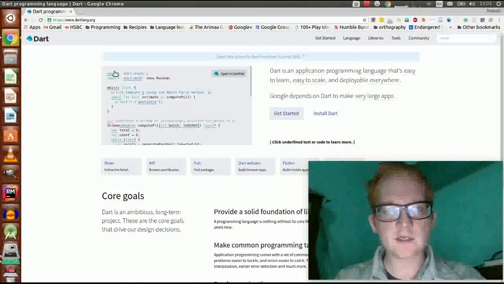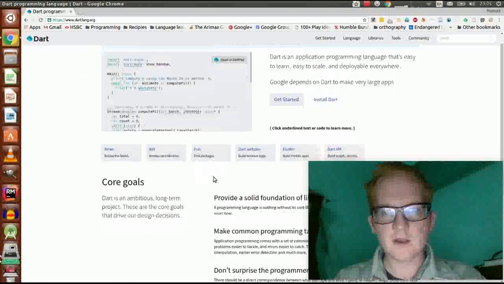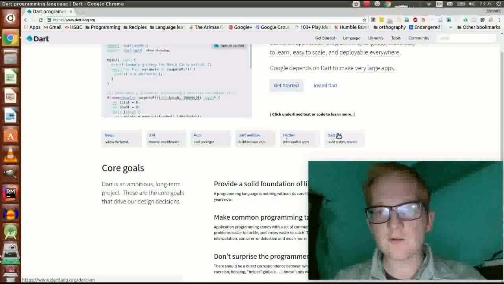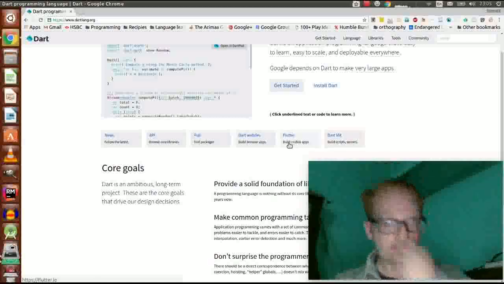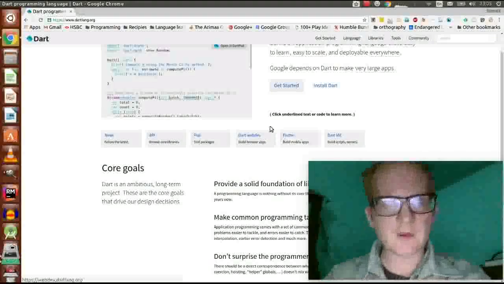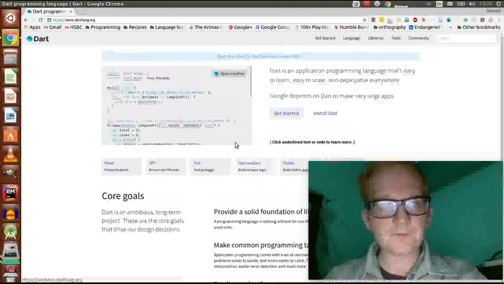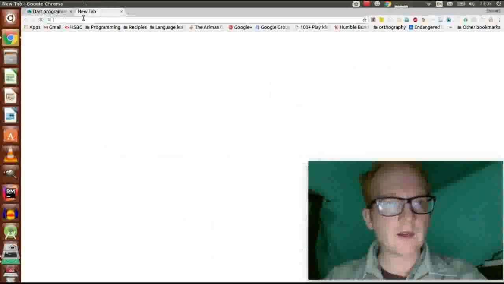This is the Dart website. Now it's interesting. Dart, you can use it for web apps, and that's what it seems to be designed for. But you can also use it for command line apps, which is what we're doing, and we can use it for building mobile apps for Android and iOS. So that's great. And now I'm going to work out how to read